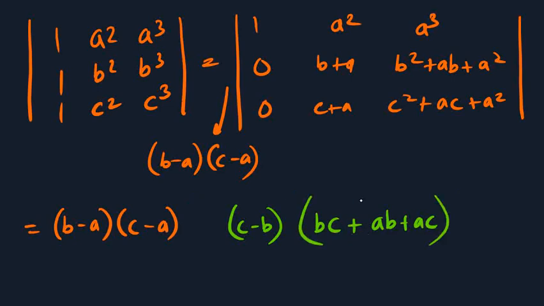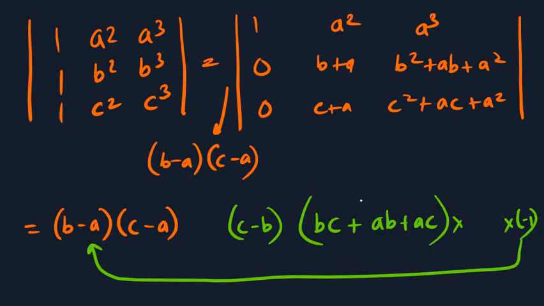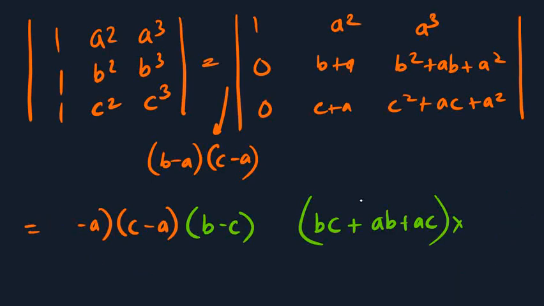And now you might be wondering, this is not exactly in the way we have written them. So it's okay, you can just multiply the entire expression with minus 1 and minus 1 twice. Let this minus 1 go inside the bracket here, and let this minus 1 go inside the bracket here. So when this minus 1 goes inside the bracket that I just said, this term will become b minus c. And when this minus 1 goes inside the specified bracket, this term will become a minus b.